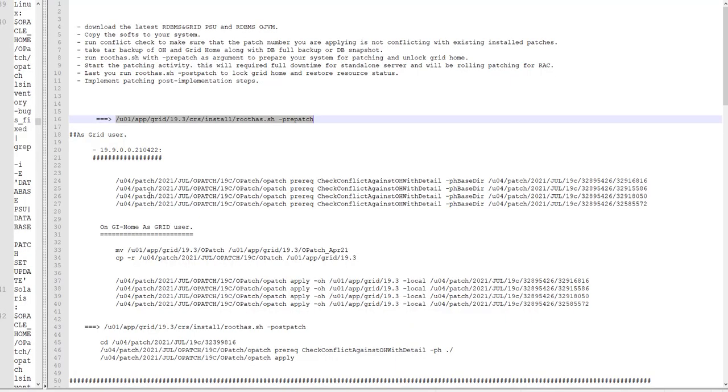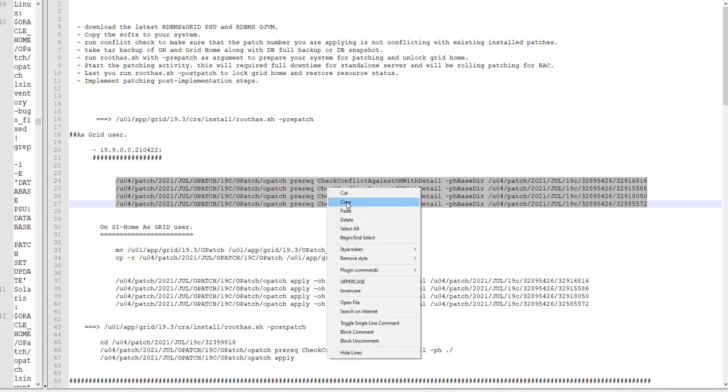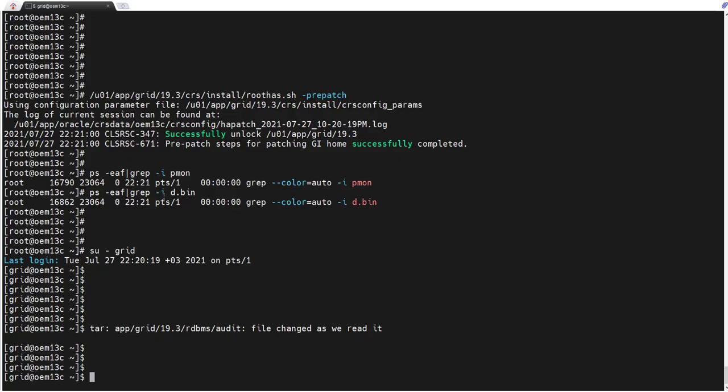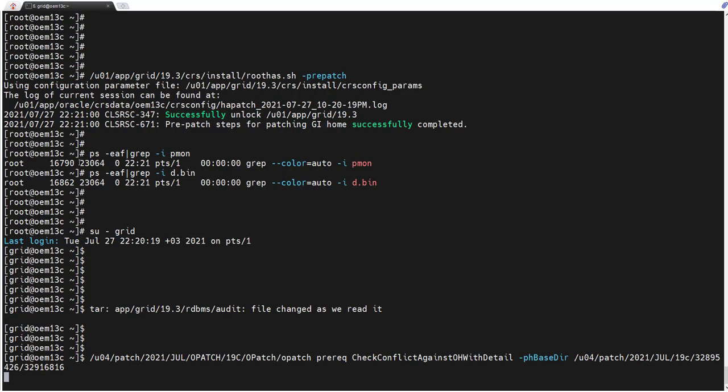As a grid user, we need to run the conflict check. We have already run this, so it is perfectly fine if you skip and move forward to the next step. But I will revalidate again to see if everything is fine.